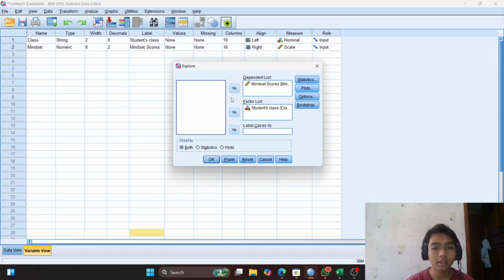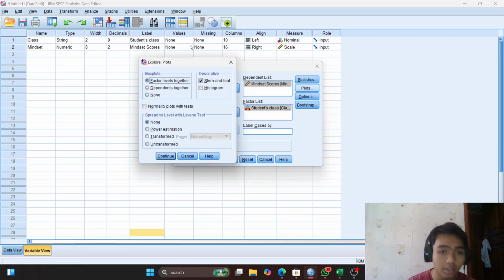After that, put mindset score in the dependent list, and then put the student class in the factor list. But don't click OK before. Just go click plots, and then